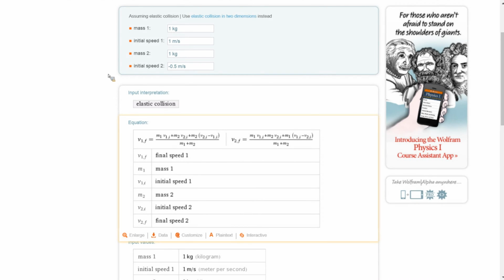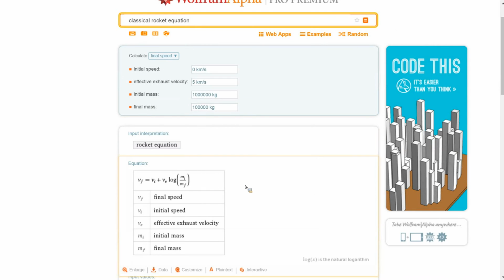This one is the classical rocket equation. So it's the momentum transfer equation if you shoot out rocket fuel. I like this one because, one, it's rockets. Who doesn't like rockets? And two, this is where you start to move into the more applicable side of this skill. You've practiced this skill by looking at complicated equations or messy equations, and you're able to read them and see them. But now I want to know,